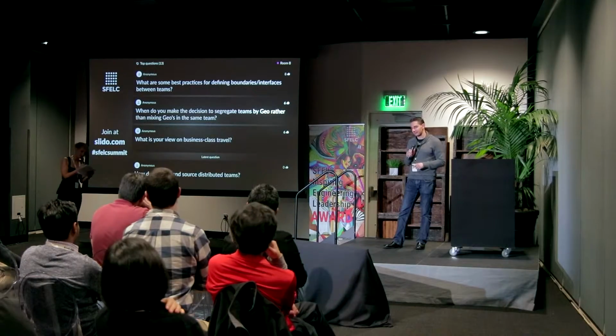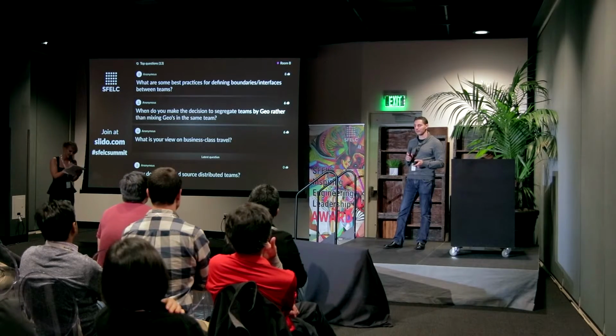What are some best practices for defining boundaries and interfaces between teams? This is a great question, and I would say it's probably the second most important issue next to the them versus us problem that I've seen with all distributed teams. But it's also just as applicable with teams within headquarters that have different responsibilities. My personal perspective is the more that you can clearly define the boundary, the better. For example, we have a distributed team that works on a lot of our mobile apps, and we have a very clean API in between our mobile apps and our backends.